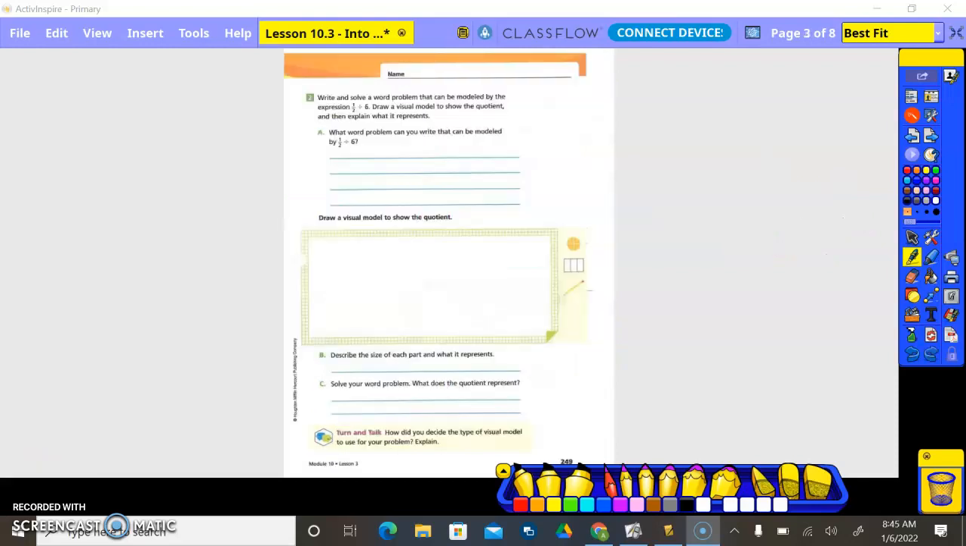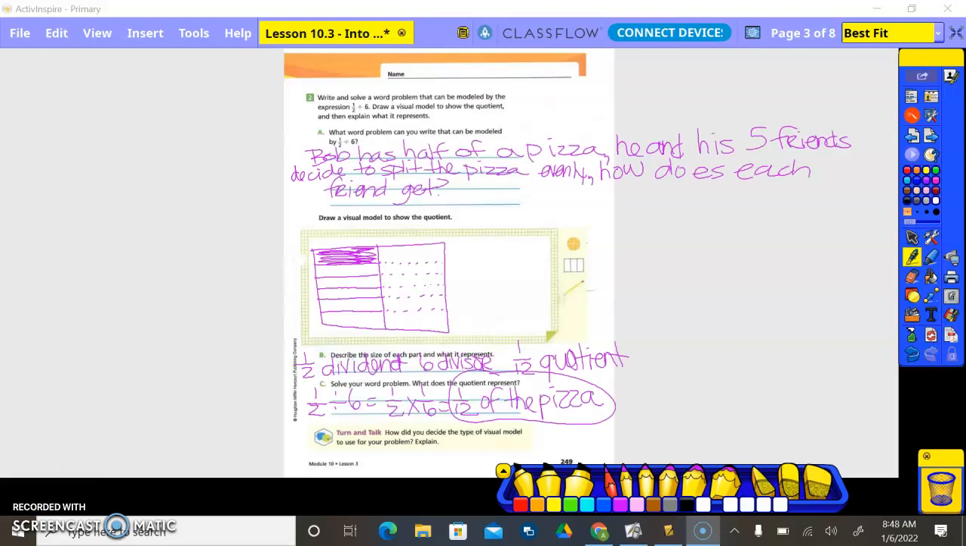Write and solve a word problem that can be modeled by the expression 1/2 divided by 6. Draw a visual model to show the quotient and then explain what it represents. What word problem can you write that can be modeled by 1/2 divided by 6? So we said our question would be: Bob has half of a pizza. He and his 5 friends decide to split the pizza evenly. How much